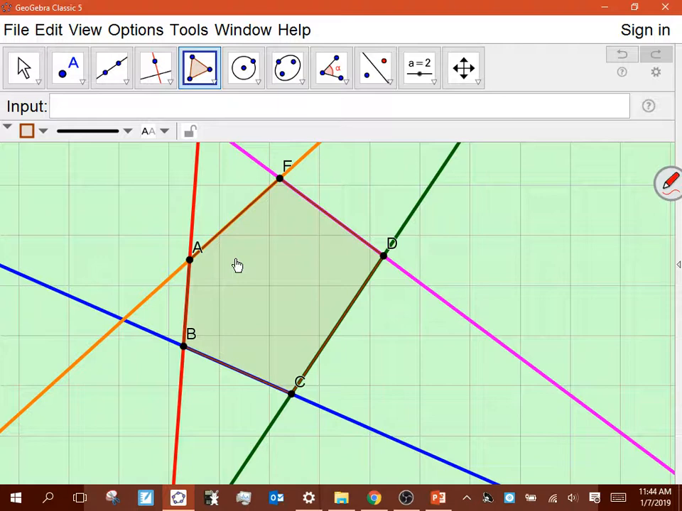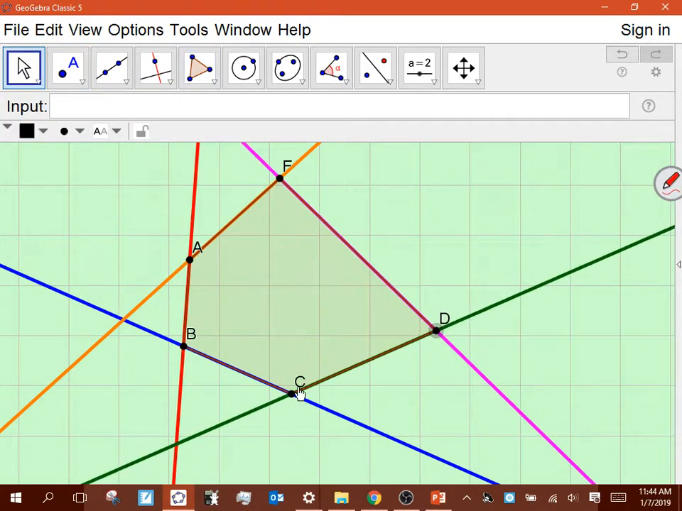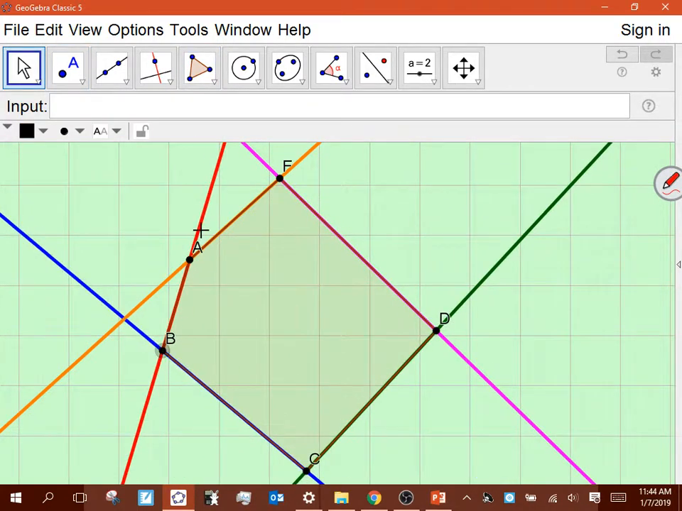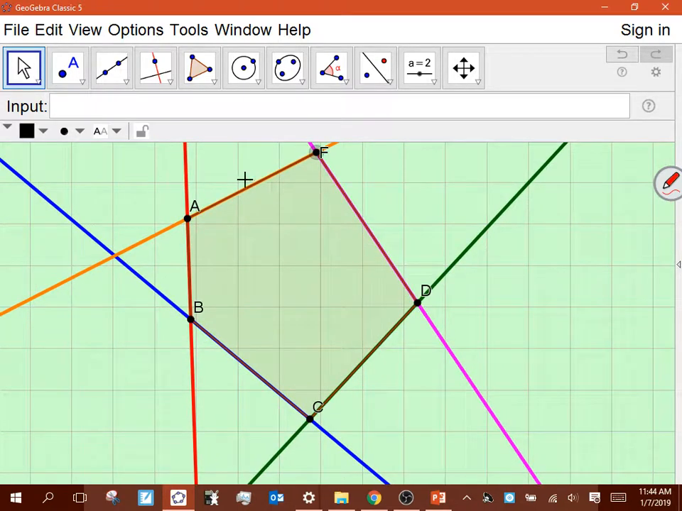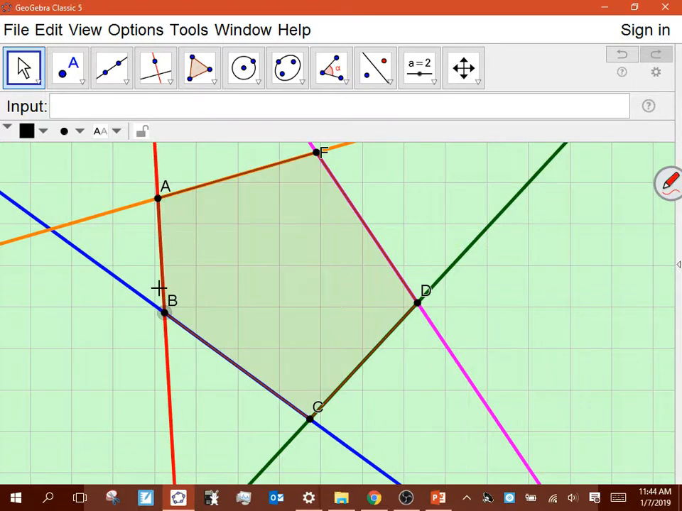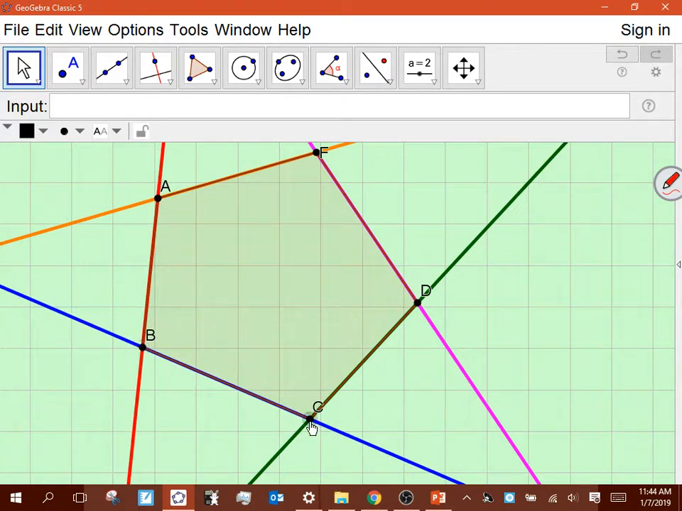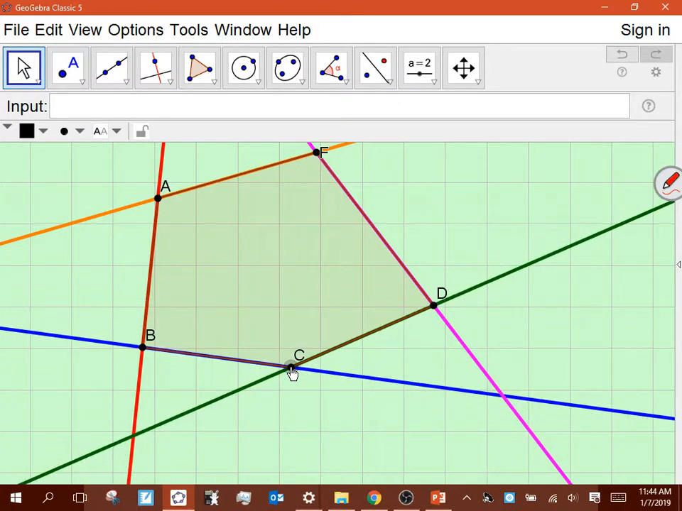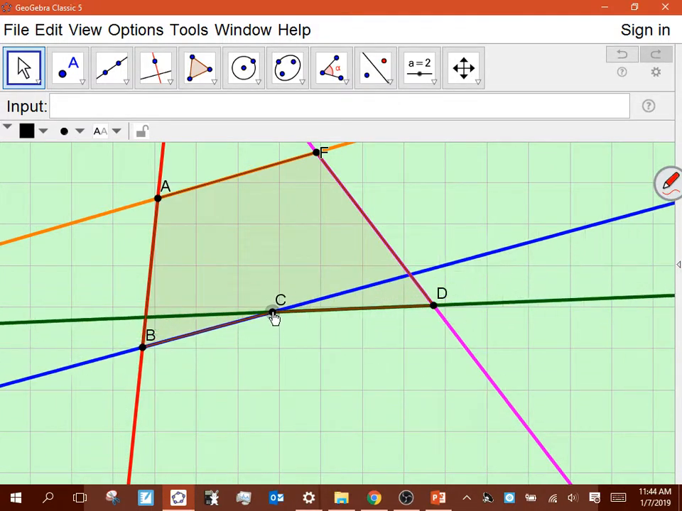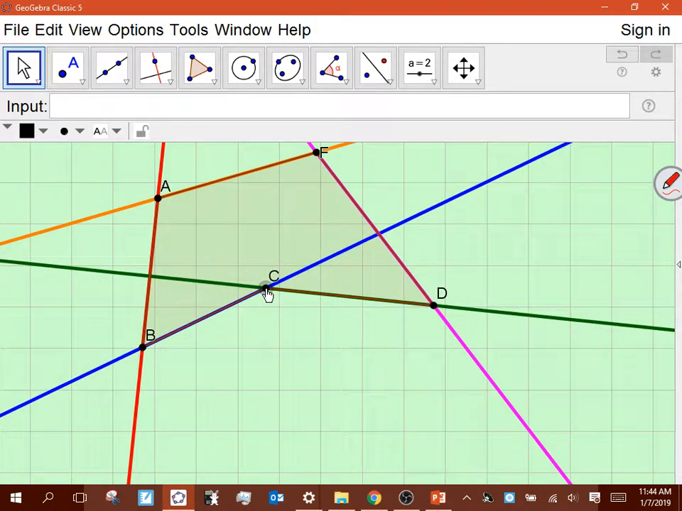Every polygon like that, no matter where I move A, B, and F, as I move them further out, I'm still having a convex polygon, right? The issue becomes kind of like that. We'll just look at one of these. Let me get rid of,